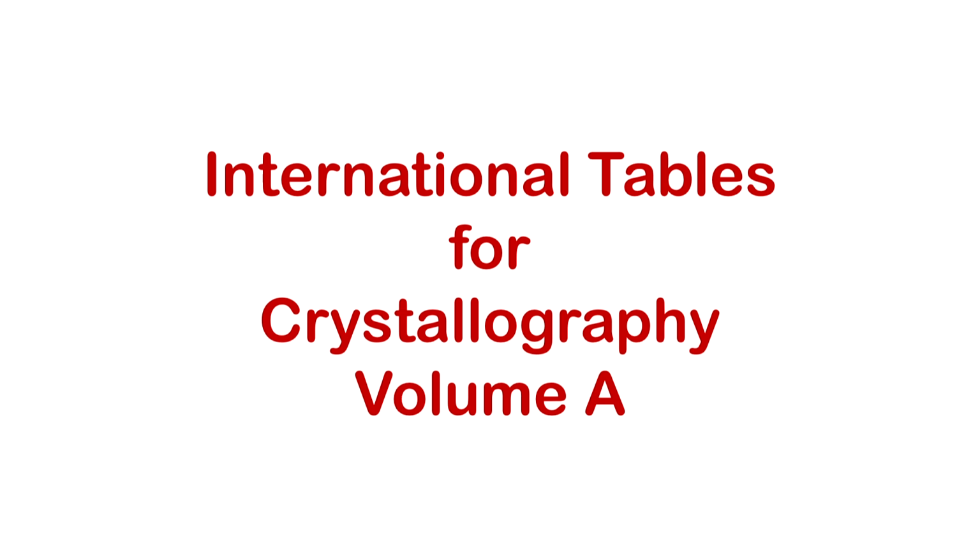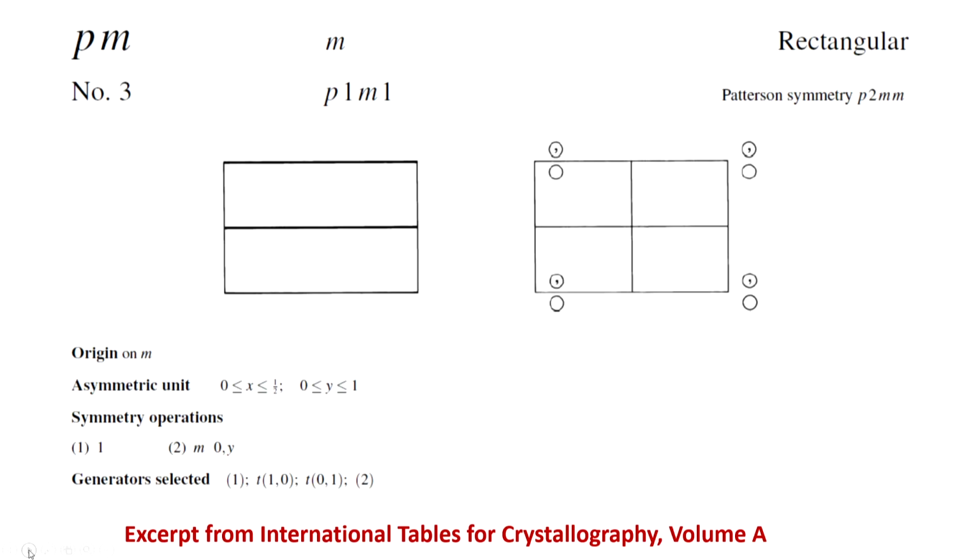So, starting with this, in fact these tables can be somewhat cryptic and may look daunting, but with all the material that we have already learned, I think you will find that the International Tables can be decoded quite easily. So, what we are going to do? We are going to take a few, very few plane groups and try to understand what the International Tables are telling us. So, starting with the plane group PM.